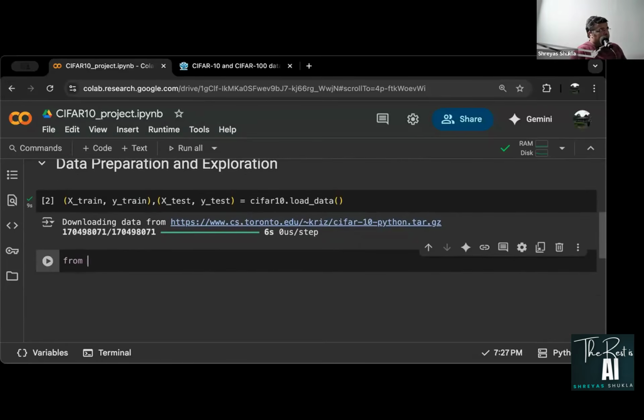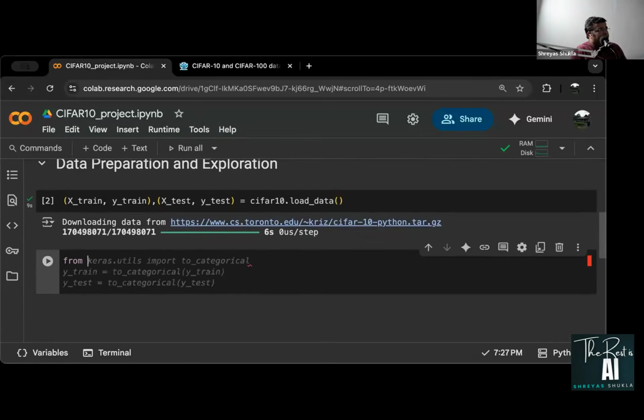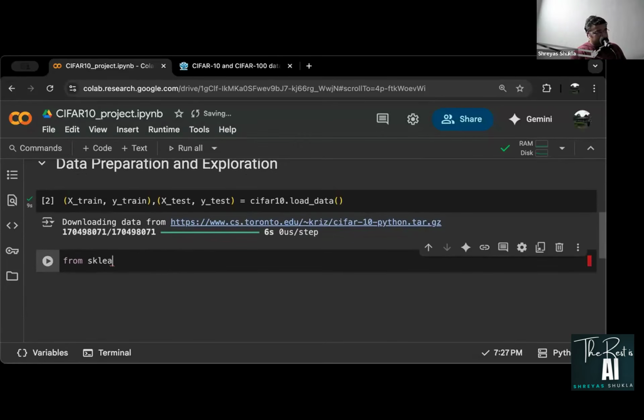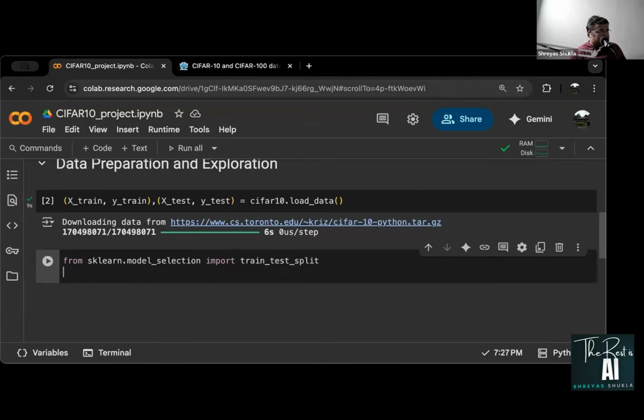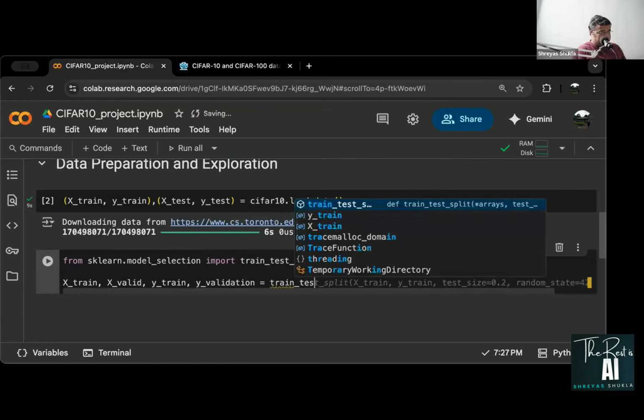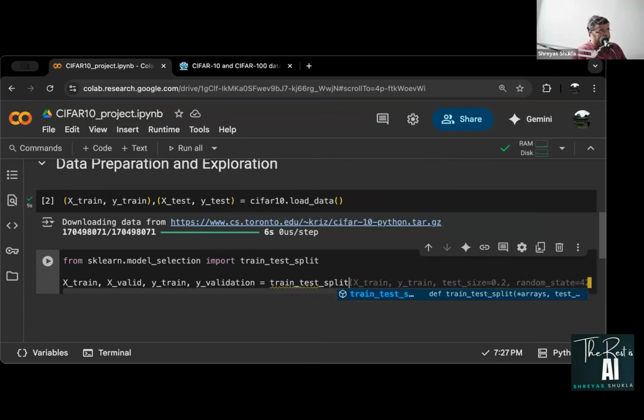I'll say from sklearn.model_selection import train_test_split, and then I'm going to say x_train, x_valid for validation, and y_train, y_valid is equal to train_test_split,